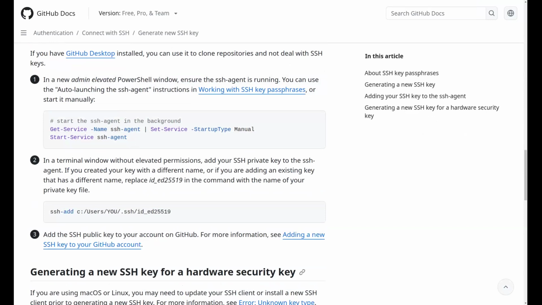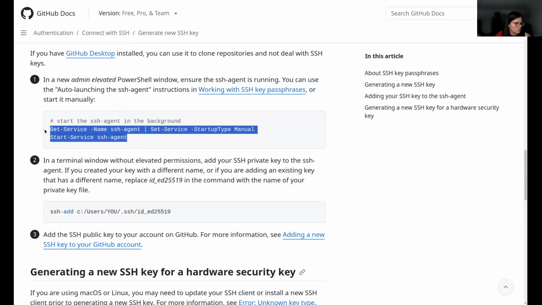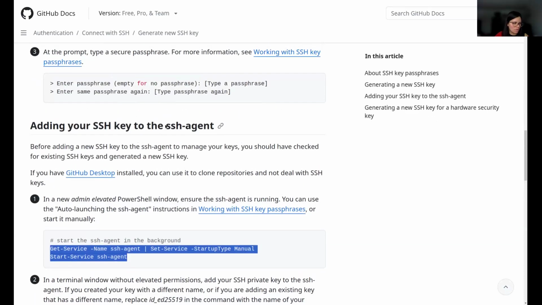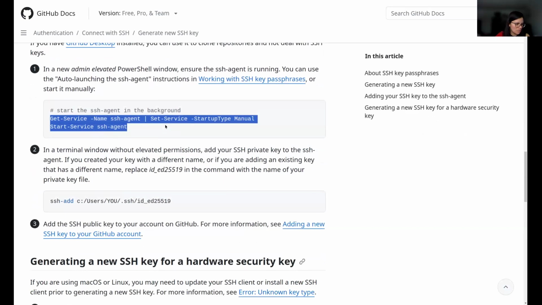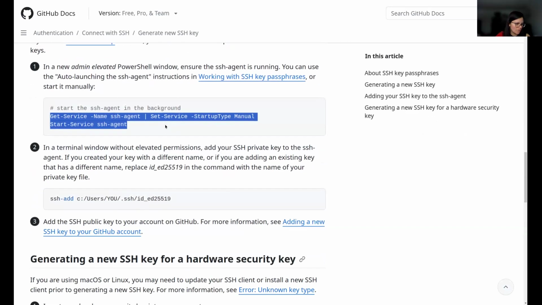And then you said you were a little lost with the Windows setup. Do you kind of have an idea of where you are in the steps right now? Okay, so I got to the point where it gave me a key's random art image, and then that's where I'm stuck. I was trying to put in the thing that says get service, and then it just says command not found. I don't know if that helps at all.